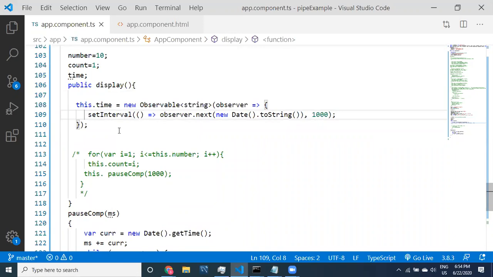NGRX data is a very advanced thing in the market. If you keep NGRX data in your resume along with Angular, then your resume is going to be very powerful. For NGRX data, observables are very much required. They are very easy, guys, don't worry.